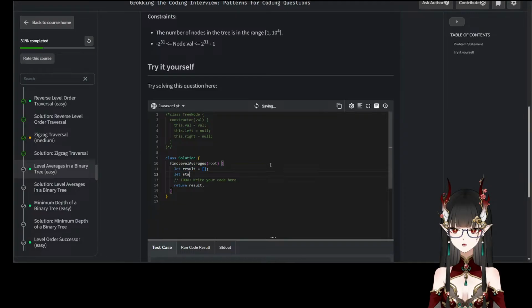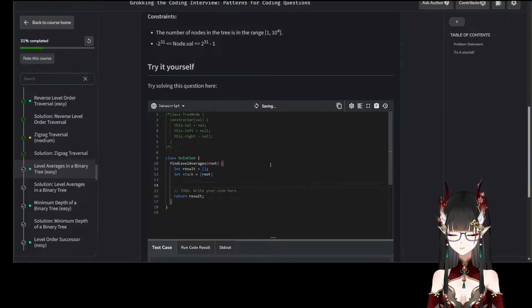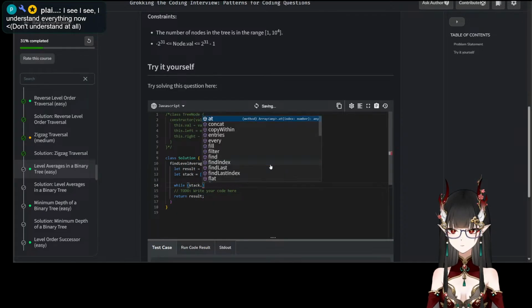We're gonna make a stack, let stack equal to, and we put root into the stack. And then while stack is non-empty,